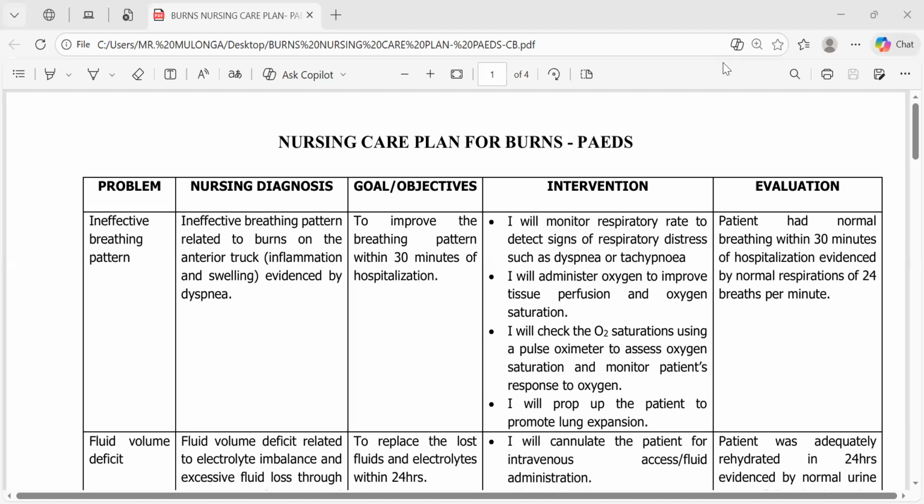Evaluation: the patient had normal breathing within 30 minutes of hospitalization, evidenced by normal respirations of 24 breaths per minute. So this is a child. Normal respirations in a child differ, but looking at the age, it's somewhere from 24 to 35 or 40. So 24 is okay. Okay, we move to the second one,